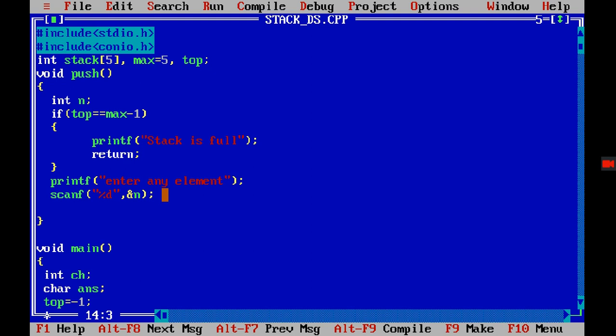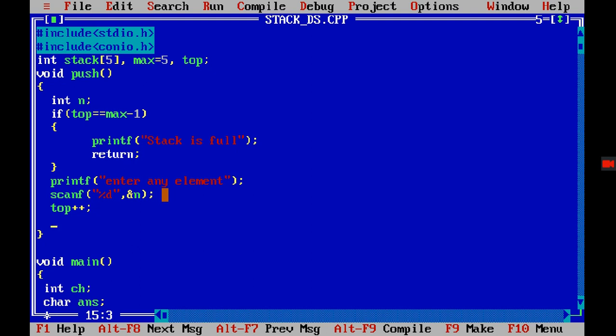Simple, what the algorithm says: first of all, we need to increment my top, and after incrementing it I need to use that index value, and at that particular index in my array I need to store that value, right? That's simple. So I need to apply top plus plus, incrementing the top's value. Initially, top is equal to -1, so -1 plus 1 becomes 0, right?